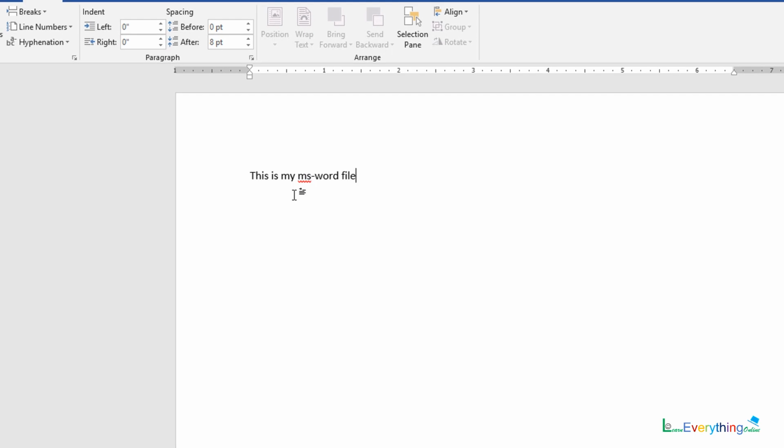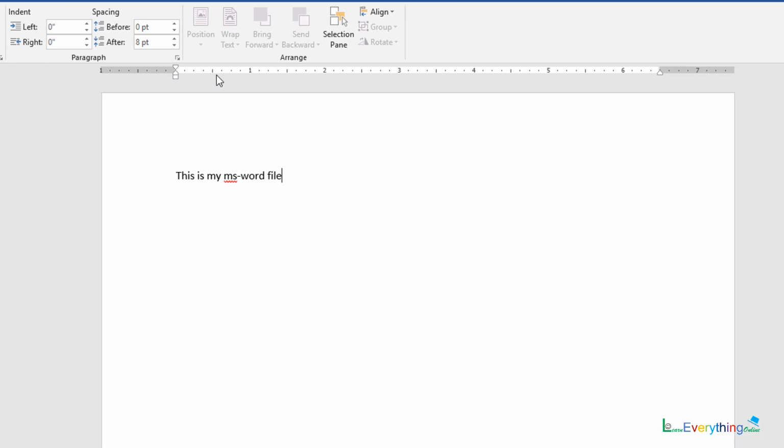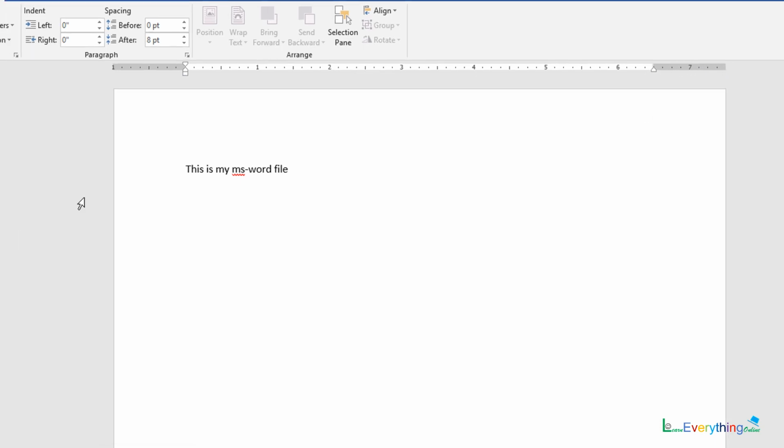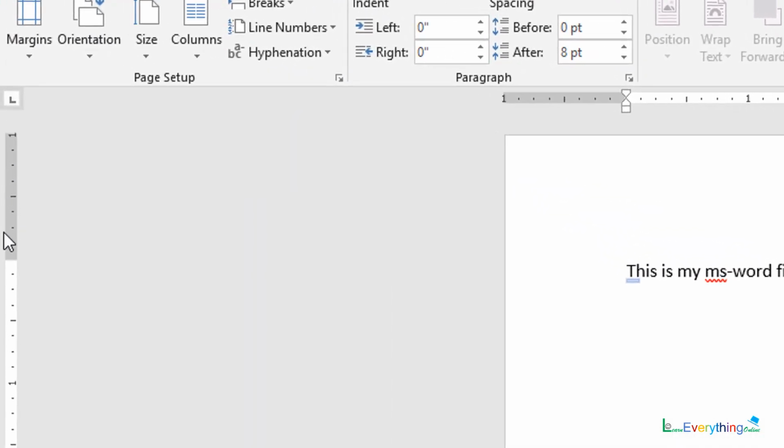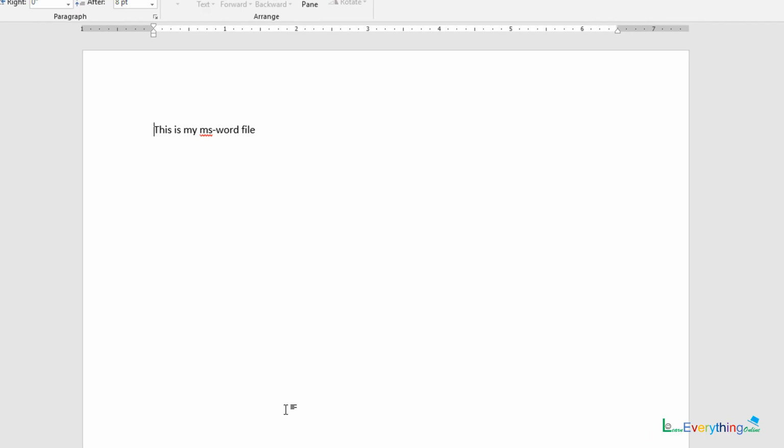Now I want to type something. This particular line is actually not starting from 1. This is from 1, and next to 1 is 0. This is the margin area and this is the typing area. The white ruler indicates the typing area, and the gray ruler indicates the margin area. This margin area is also available on the top as well as at the bottom. So if I want to type something, I can start typing only after this predefined margin area.